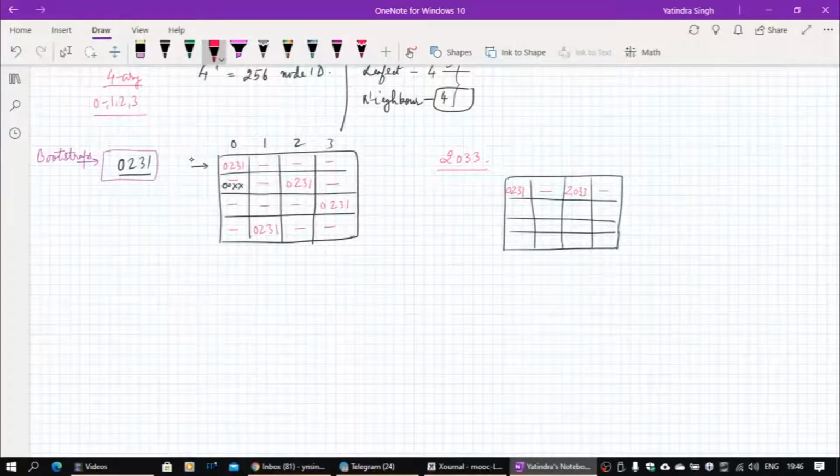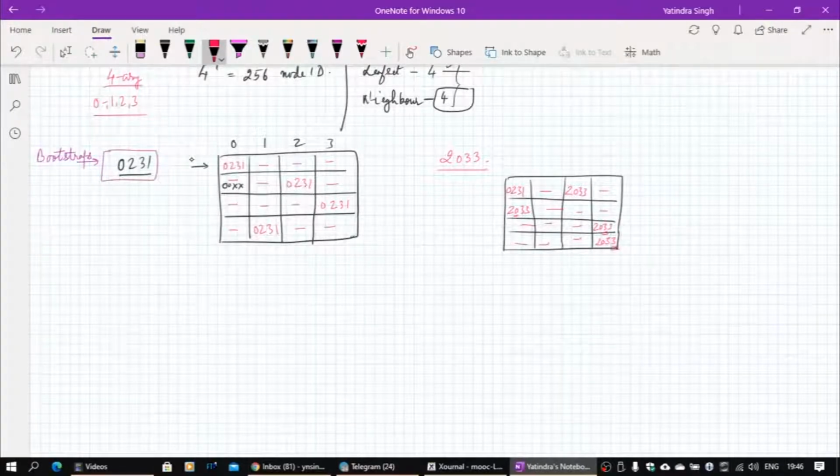The fourth entry is not there. The remaining entries have to be done by 2033 because all nodes here have to start with 2. There is only one node, so 2033 will come here because this digit is 0. Then 2033 will come here because this digit is 3. And this will again be 2033 because this digit is 3, and all the rest of the entries will remain empty. That's the routing table after 2033 has entered into the system.